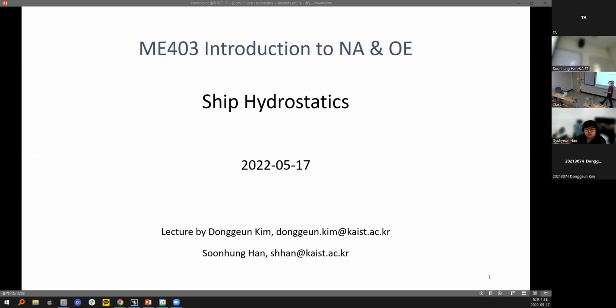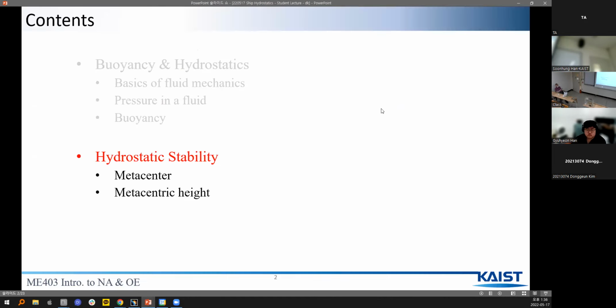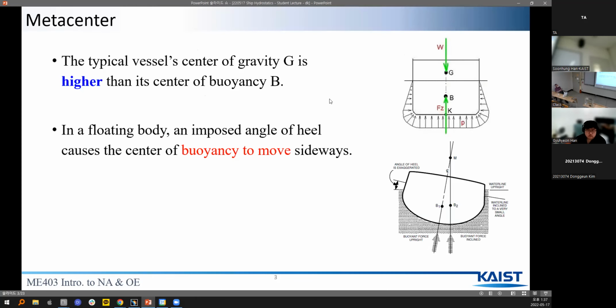Let's start. Hello, I am Donggun Kim, and I will be giving a student lecture on ship hydrostatics today. Today I am going to introduce the contents of hydrostatic stability in detail. I will teach the definition of a metacenter and how to obtain metacentric height for stability. So the first part is